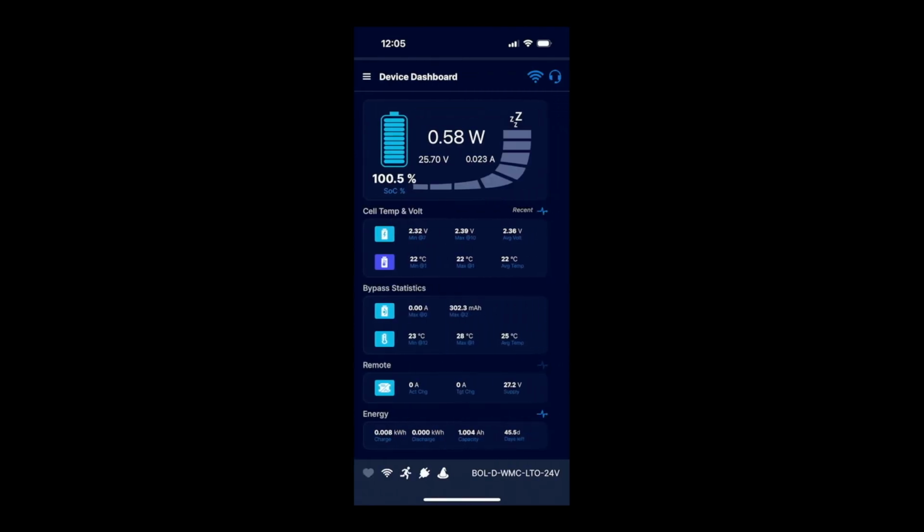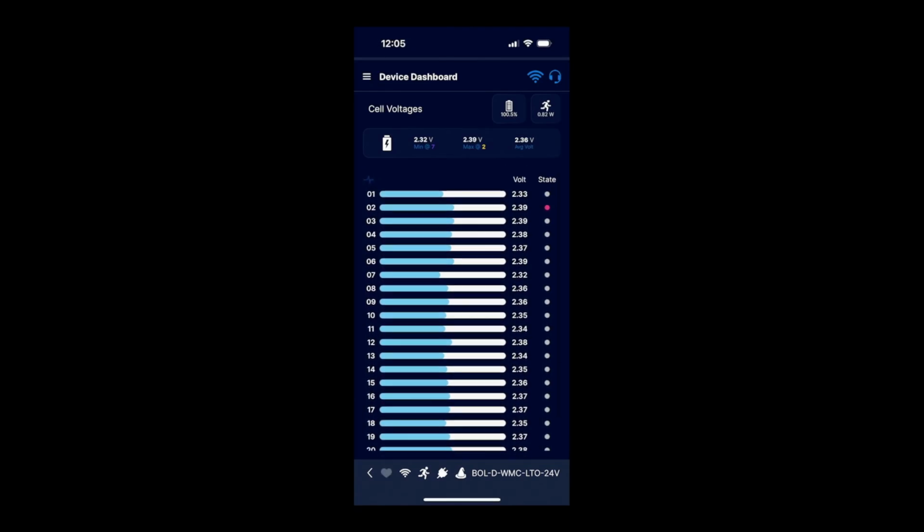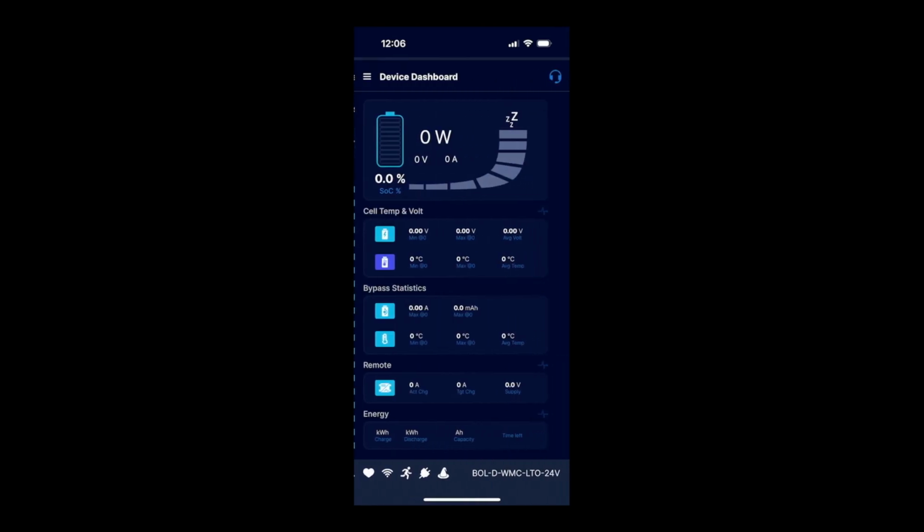You can see here that we are picking up all the data from the device in a fairly rapid fashion. So we've got power stuff up the top, just the overall state of the battery, and as we go down we can dig into some deeper stats. We can see minimum, maximum and average cell voltages, and if you click on that you can actually see individual cell voltages. You can see that little red dot that appeared for a second there. That means that cell was balancing. Alrighty, so we can hit the back button at the left there,